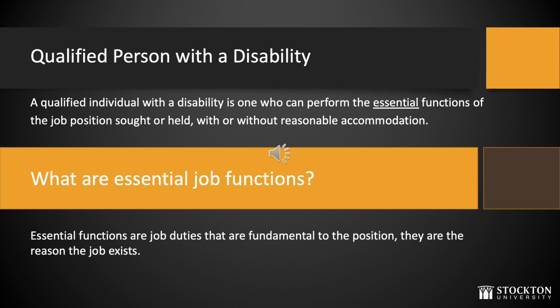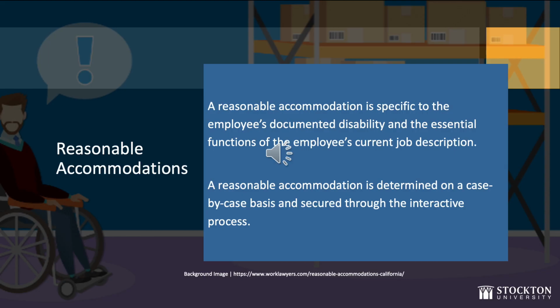State and federal laws require an employer to provide a reasonable accommodation when requested by a qualified person with a disability, unless it would create an undue hardship for the employer. An employer does not have to provide the accommodation the employee or job applicant specifically requests, as long as it provides an effective, reasonable accommodation. If more than one accommodation effectively meets the disability-related needs, the employer may choose which one to provide.